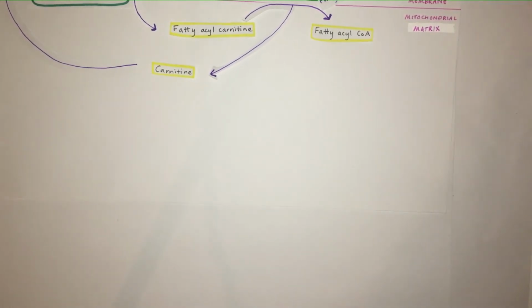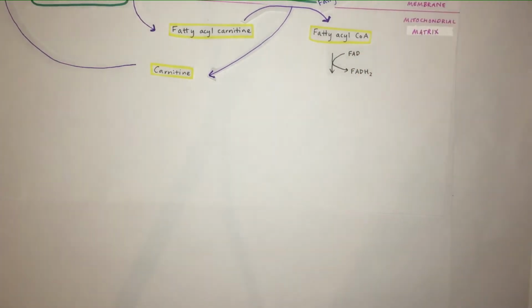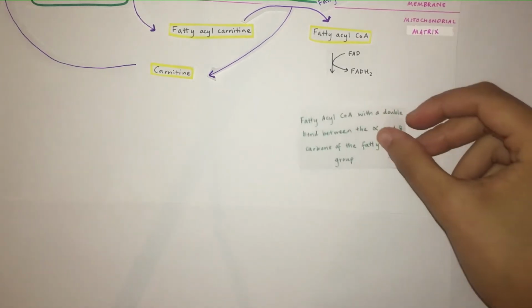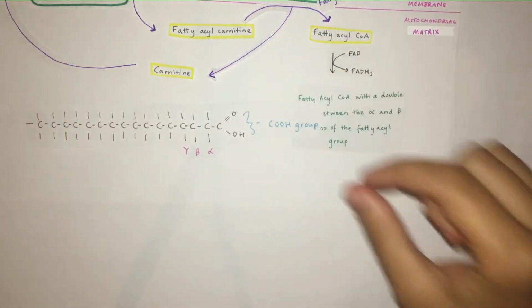So in the first step, fatty acyl-CoA is converted to a fatty acyl-CoA with a double bond between the alpha and beta carbons of the fatty acyl group. Now, when we label